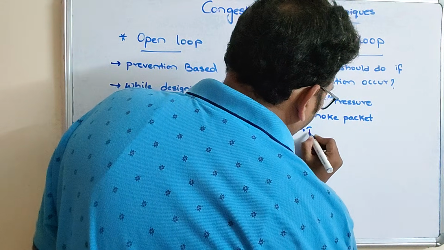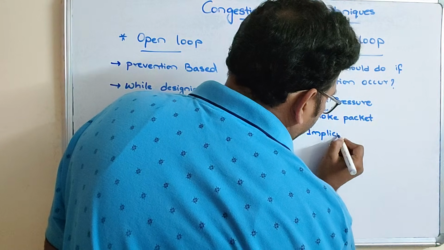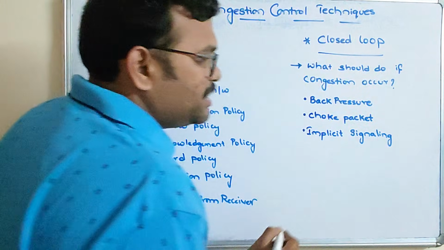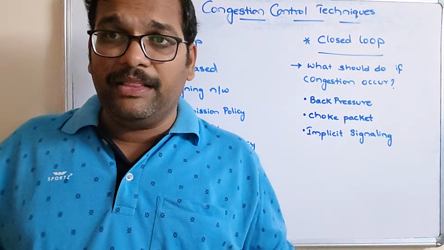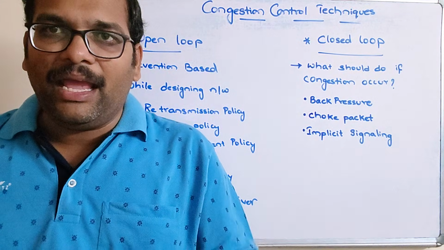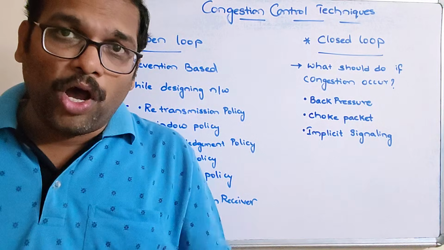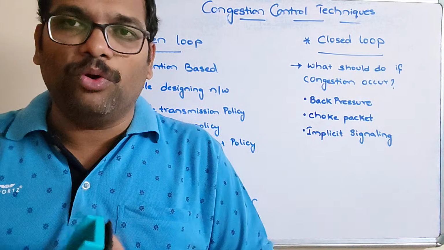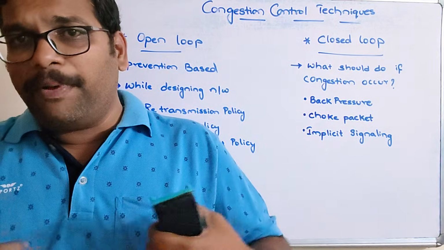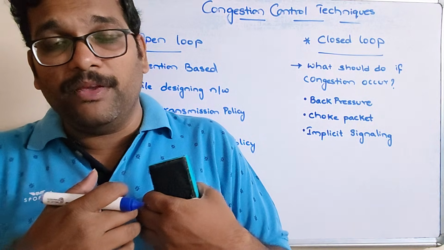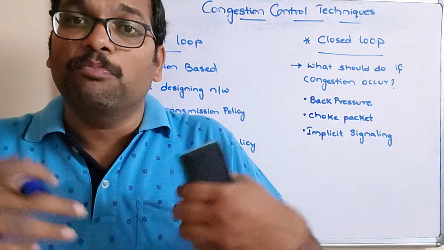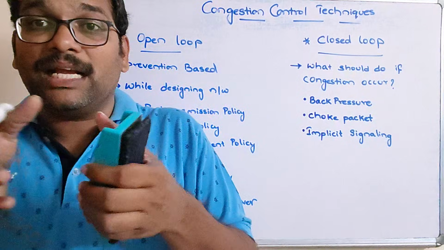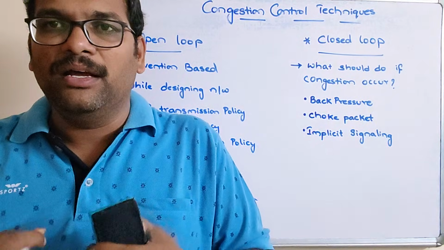Next, implicit signaling. So there will be no choke packets or anything. Based upon the packet delay, the packet loss, and the retransmissions, the sender will know about the congestion over the network. If many packets are being lost, and if the delay of receiving the packets is more, that gives